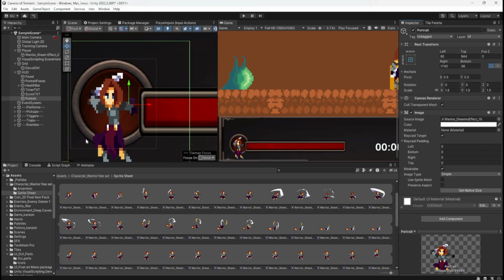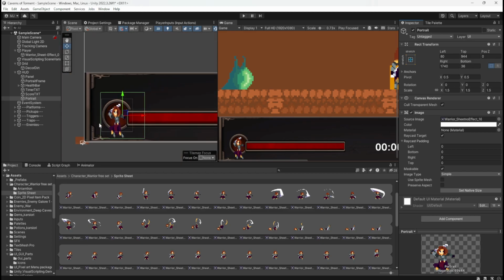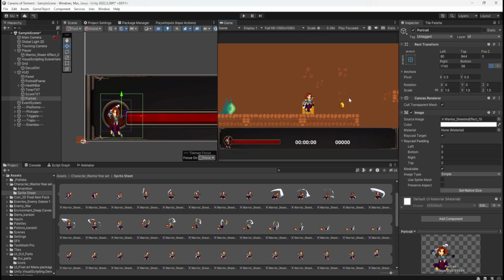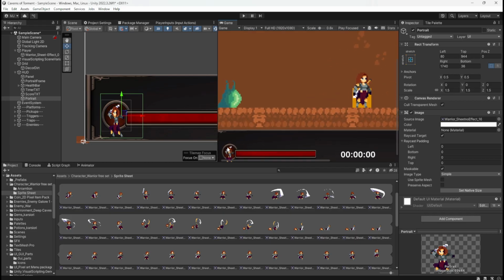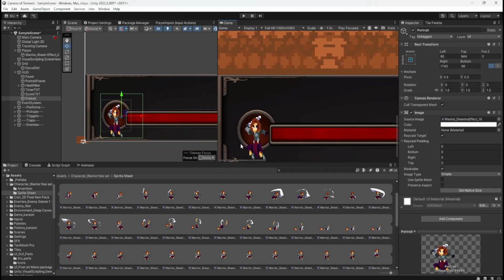I just want to chop off her legs, basically. Can you crop? No. There's got to be a way you can cover up the legs. If this was Photoshop, no problem at all.